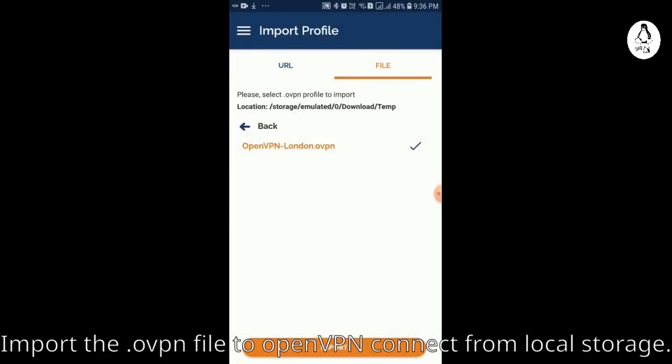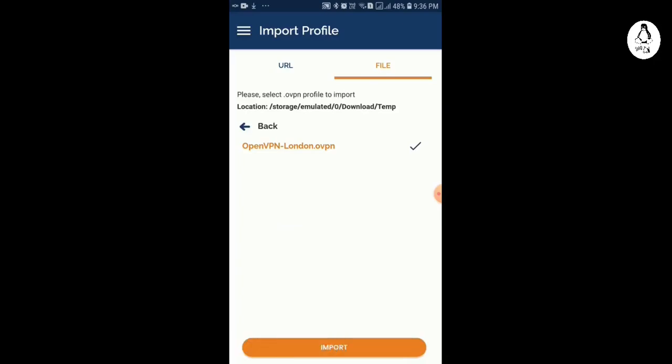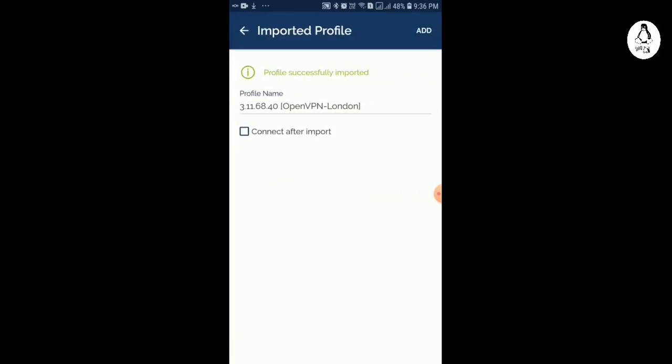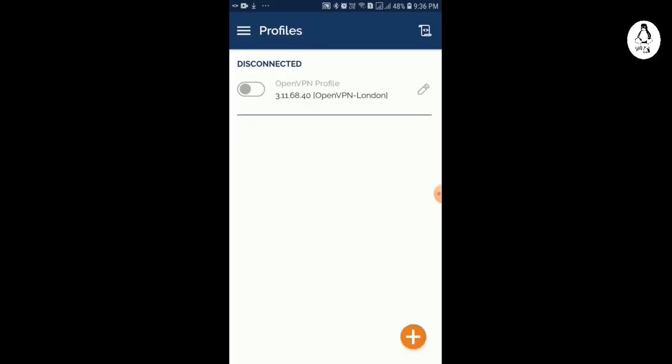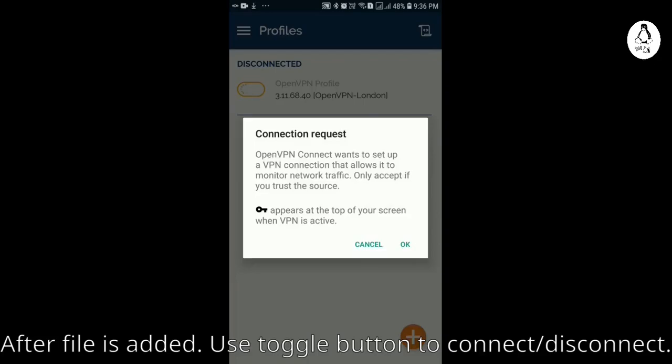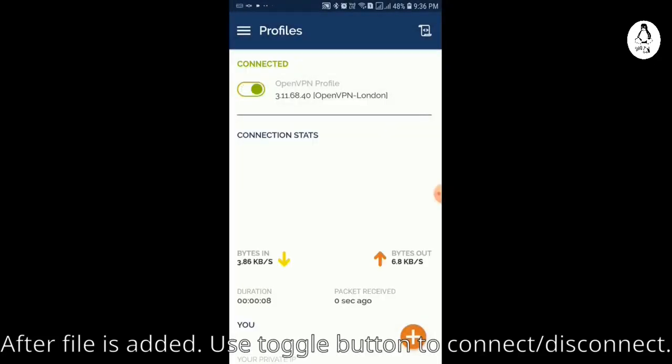Now in the file section, just select the .ovpn file. You will have to copy the .ovpn file to your phone to be able to connect to the VPN. Once you select that file, click on add and click on the toggle button to connect. Okay, you can see it is connected now.